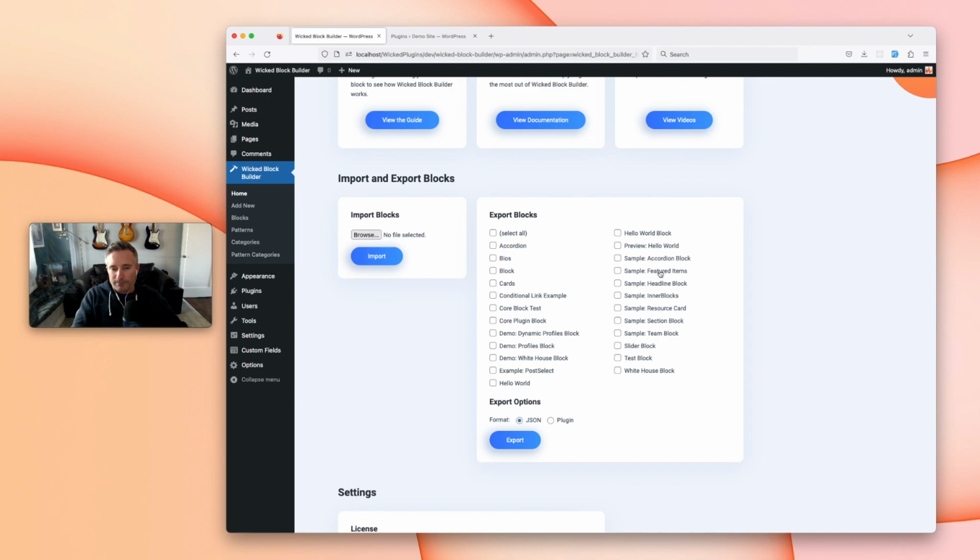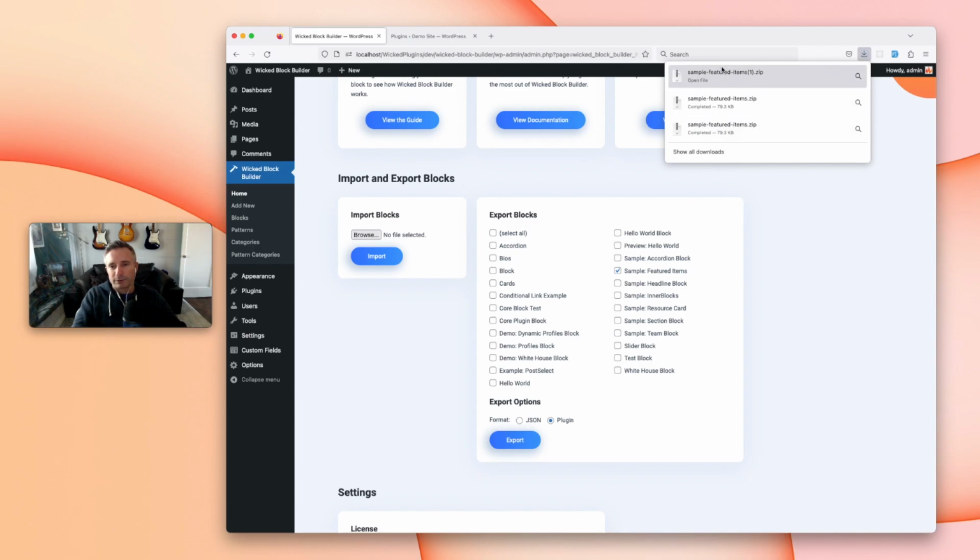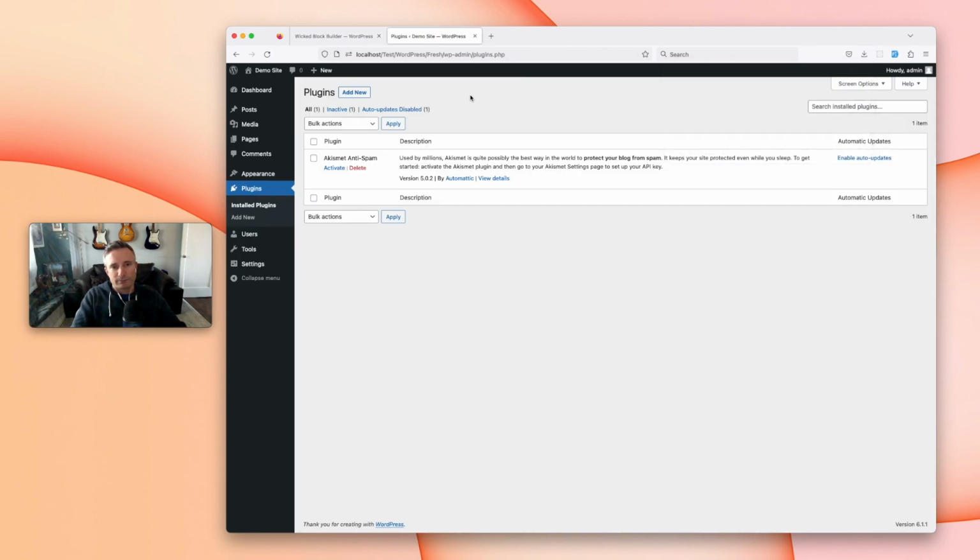So for example, I'll select a block, choose Plugin, and click Export. And so what this will do is generate a zip file containing our plugin, and that plugin has our block. So if I come over to another WordPress site, this site doesn't have any plugins activated. What I can do is click Add New,